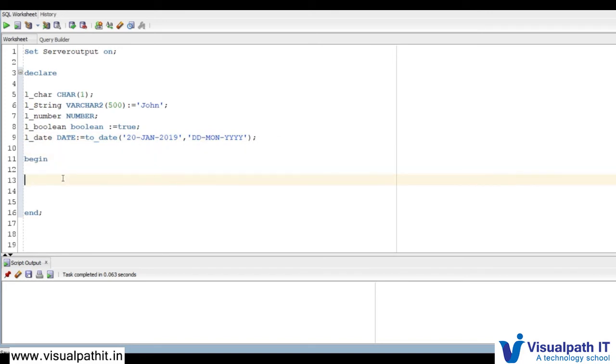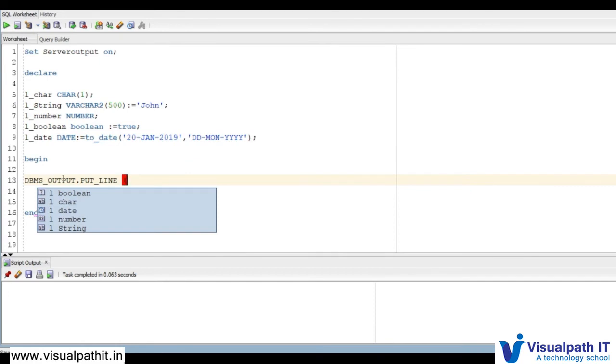Now I'm simply printing the values. Character value is lchar.